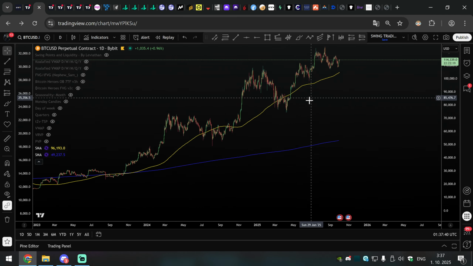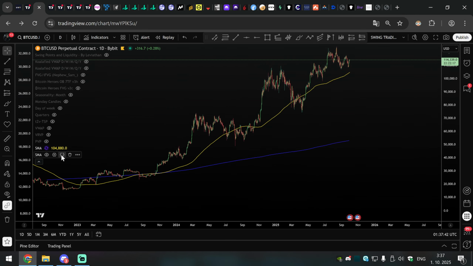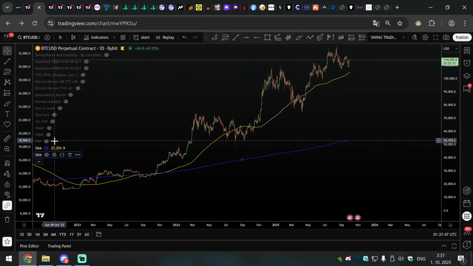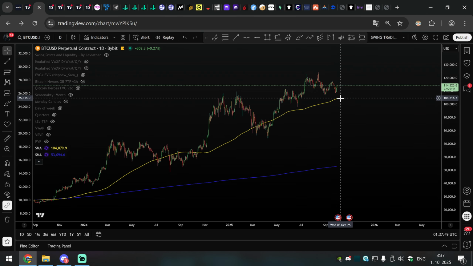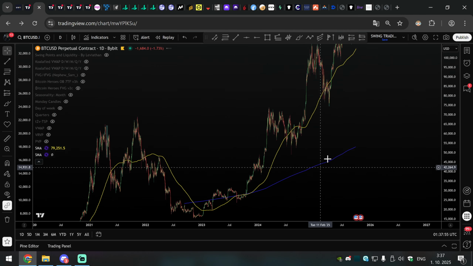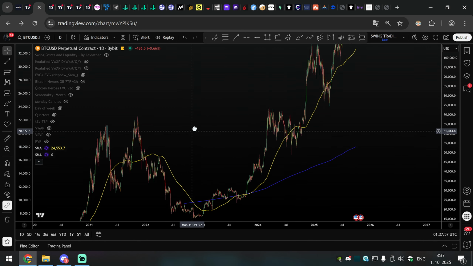How are the moving averages looking? I don't use them on a daily basis, only on swings. The 200-day moving average is still at 105k. This is a very immediate support for us. And ultimately the bull market support is still now at,